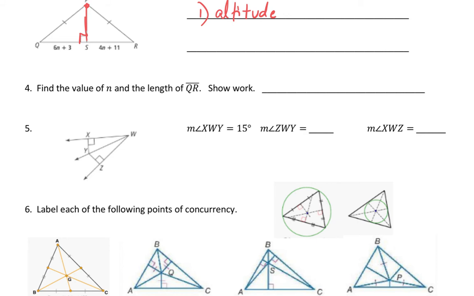I also notice that we're equidistant to each endpoint. So those tick marks tell me that I'm equidistant to each endpoint. So I also know that that's a perpendicular bisector. PS is a perpendicular bisector. And I also know, because this is an isosceles triangle, that I've got